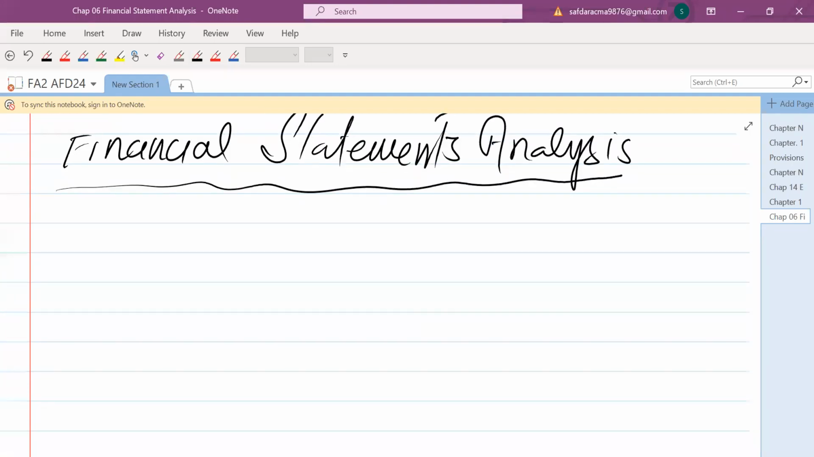In the previous chapter, I already told you that we have different types of financial statements like the income statement, balance sheet, and statement of cash flow. So these are the different types of statements. To analyze these financial statements, we have different ratios. So financial statement analysis is used